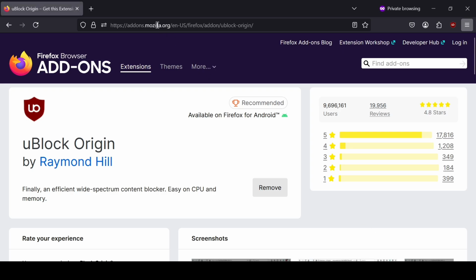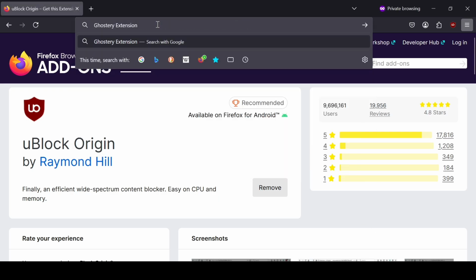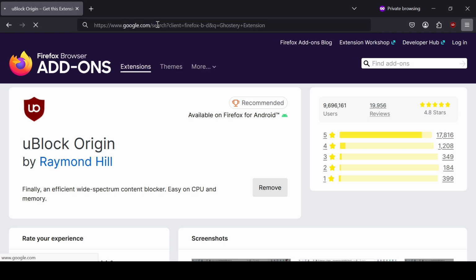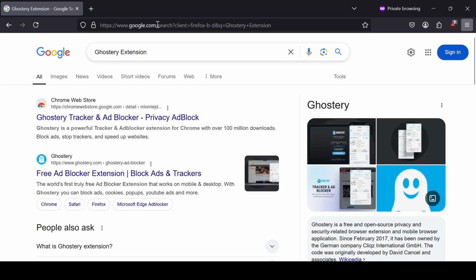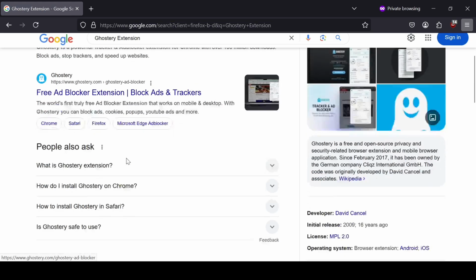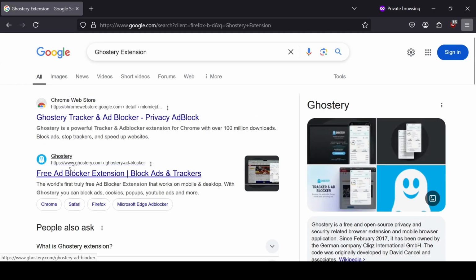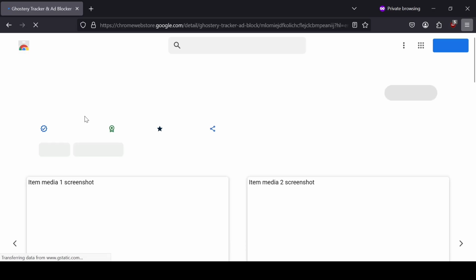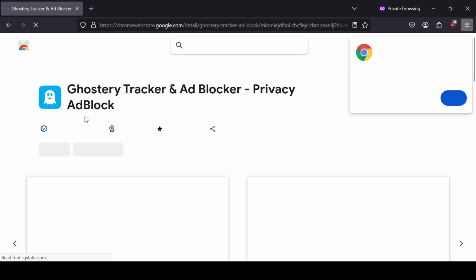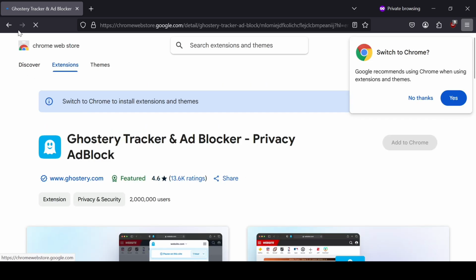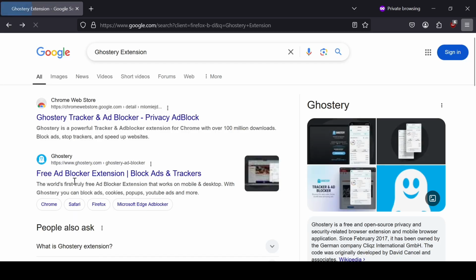Come back to this place, type Ghost3 extension, click enter. This is for Chrome, but you can still pick the one under. Just make sure you understand it. Let's pick this one, the Ghost3 extension.